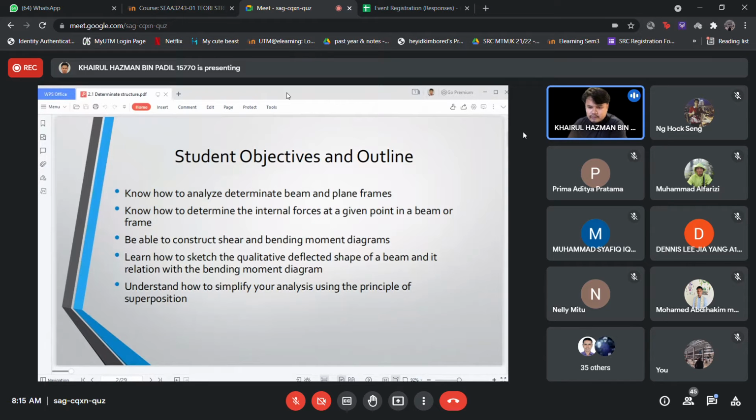For example, if you have a fixed and pin support, you will have five reactions. For the equilibrium equations to be complete, you can solve only a simply supported beam, which is a pin and a roller in one beam, right? For example, if I can draw it here,